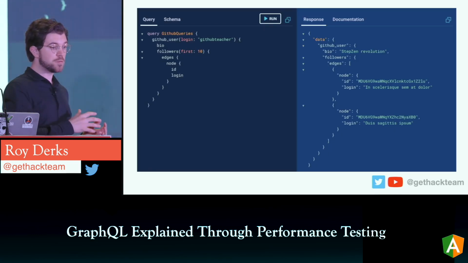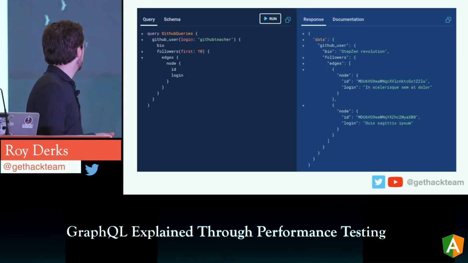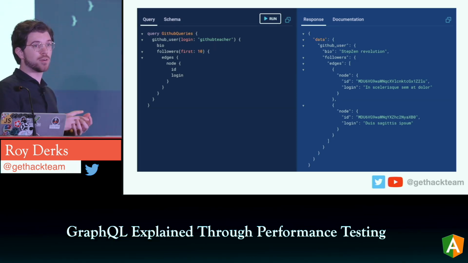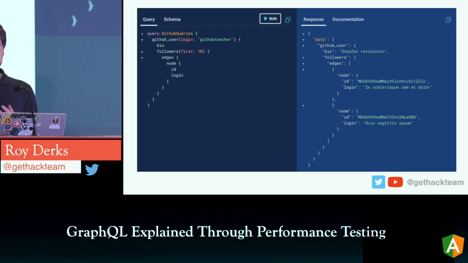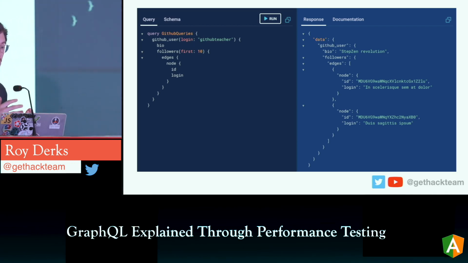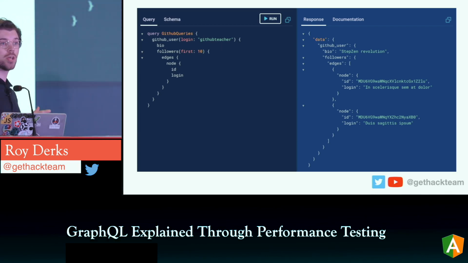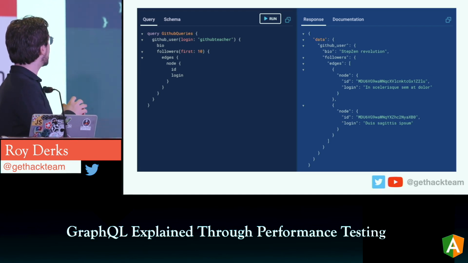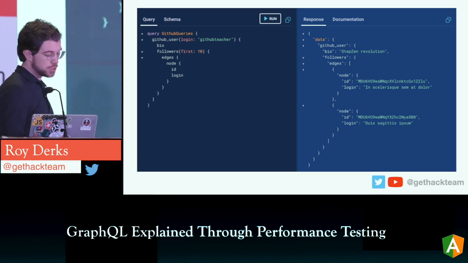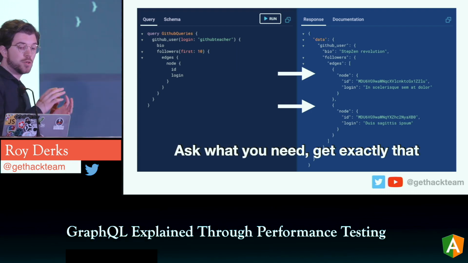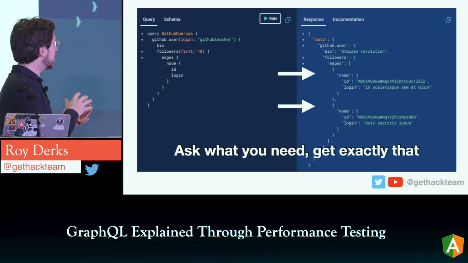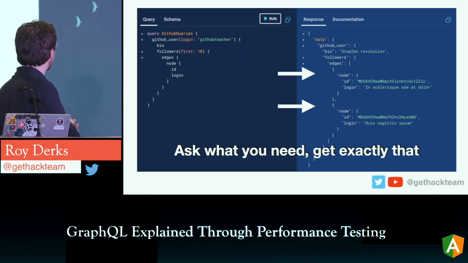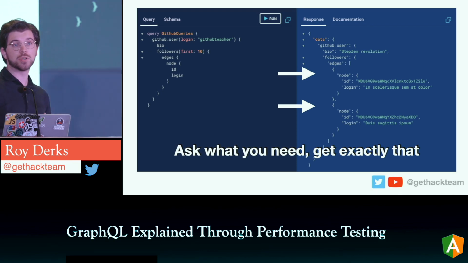So what does this mean? If you look on the left, you can see the GraphQL query language. We have a query called GitHub Queries, and as you can see, it's all very declarative. Just by looking at the query, you get a sense of what it's doing. With this query, you can get a user from GitHub, and GitHub has a very nice GraphQL API. You can get its bio, and you also can get a list of the followers of this GitHub user. And if you look on the right, you can see you get exactly the data you ask for. The format you see on the right is the same shape as what you see on the left. And that's why GraphQL is a very declarative query language.